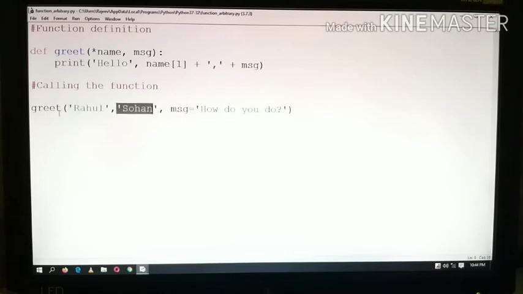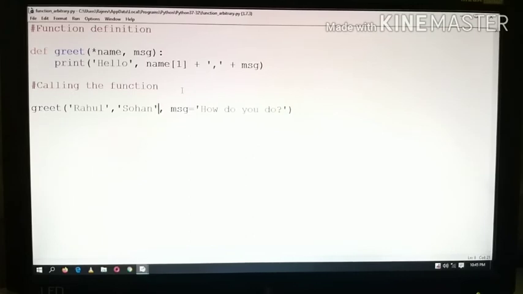When you call this function, Rahul and Sohan will become a tuple, so name will become a tuple, and it will then be used in the function definition. If you are not sure how many names you have to provide for this function, then you can provide them in this way.